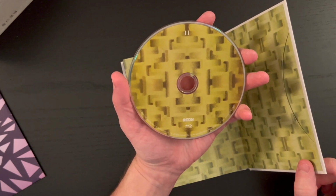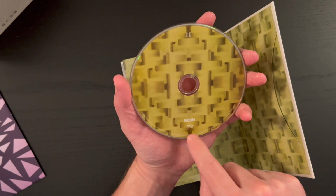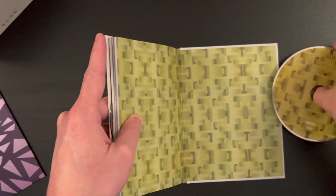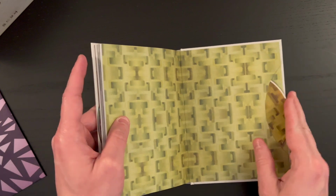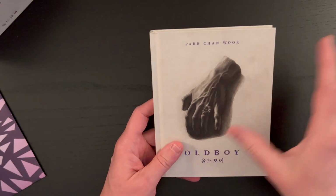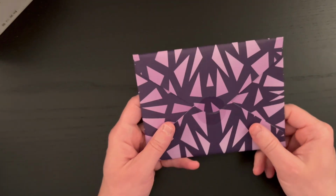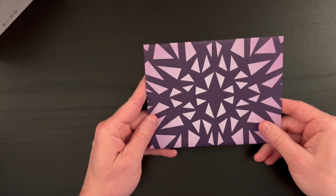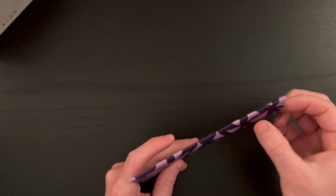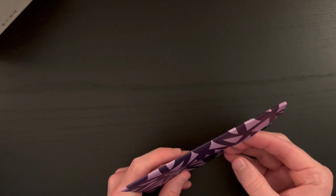And there you see the Roman numeral 2, indicating the second disc, and that is with the logo there, the Blu-ray disc. All right, so that is the book, and of course the discs there. So let's go ahead and set that aside. But that is not all, because we do have this envelope, which offers some extra inserts here. And I'm going to do my best here to not...